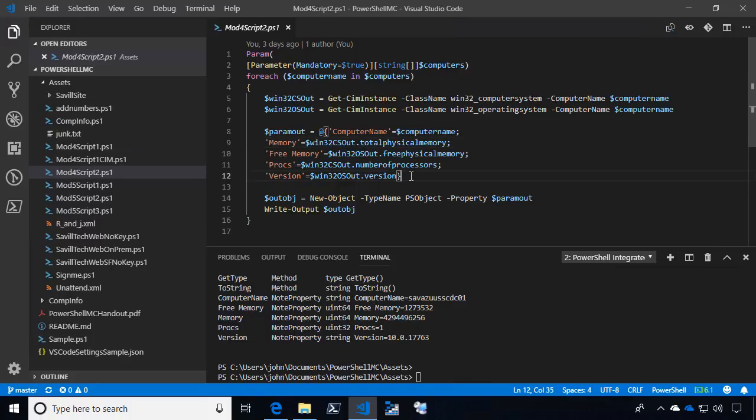And so I'm going to create this hash table and then store it as a custom object. I'm going to store that custom object in out object and then write output out object, which in this case will go to the screen, but I'm actually sending it down the pipeline, remember. So if I was to run this mod 4 script,